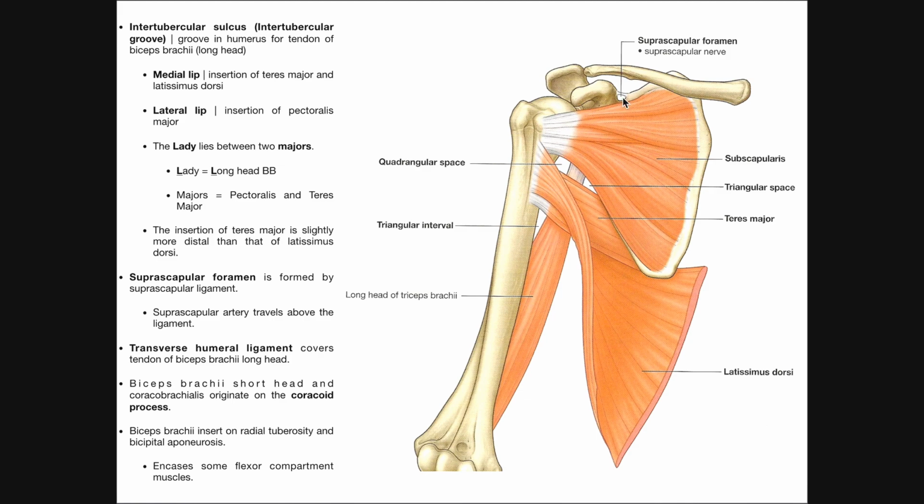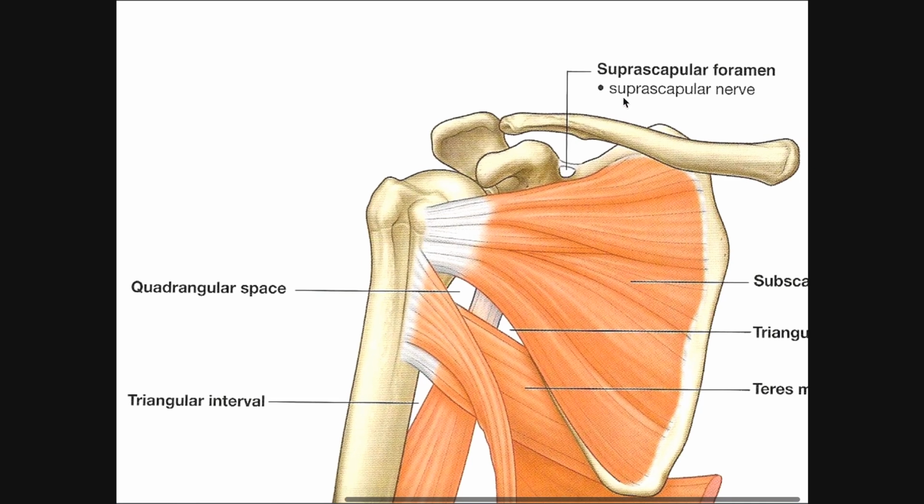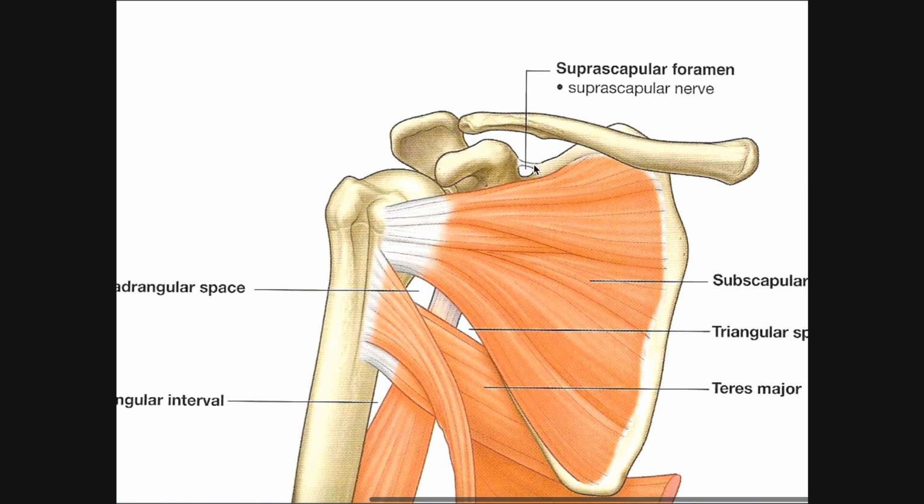The other thing that we've added up here, I'm actually going to zoom in a little bit so we can see it better, is I've added in this ligament here that actually connects the superior margin of the scapula to the coracoid process. And this is actually called the superior transverse scapular ligament. What it does is it goes across the top of the suprascapular notch, and it encloses the roof of it to create a suprascapular foramen. So this little hole that's created in the suprascapular notch is called the suprascapular foramen, and it's made by this